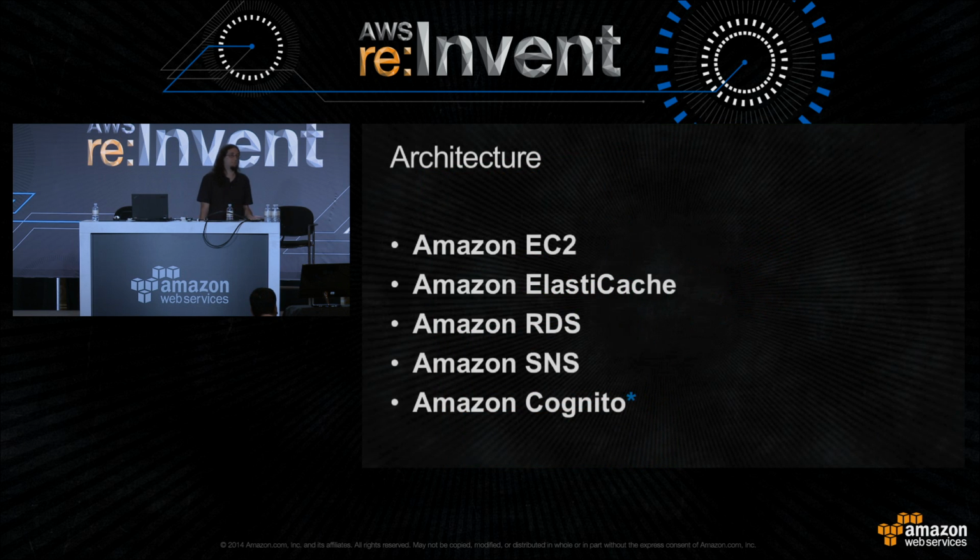So these are the services that we used to put all of this together. On EC2 instances, we basically use C1 Medium, since they are available in both of the two zones that we use at São Paulo. For ElastiCache, we use it for cacheable objects and sessions, RDS with multi-AZ, SNS to send push notifications, and we started the implementation of Cognito, which I will talk more about later.